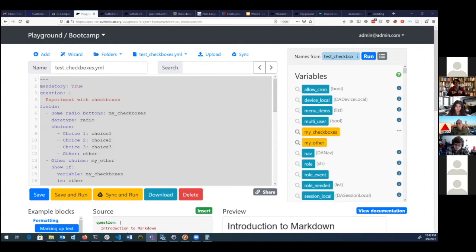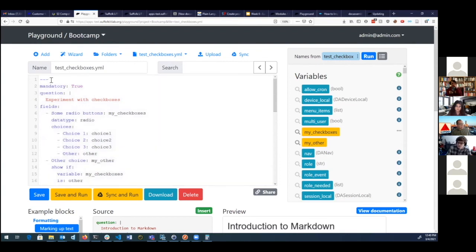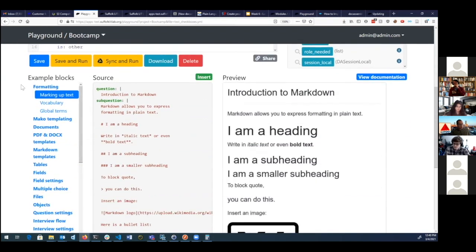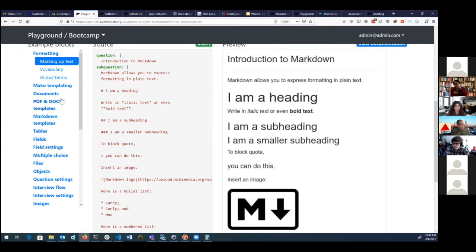There aren't a lot more different types of data that you create inside a DocAssemble question. We saw a couple of them turn into text. Another example would be, and let's use another place to get some of these examples, so it doesn't require anybody looking even at the Teams channel. If I scroll down here to these example blocks, I think I showed this off last week, but let's look at it again. If we went to fields,